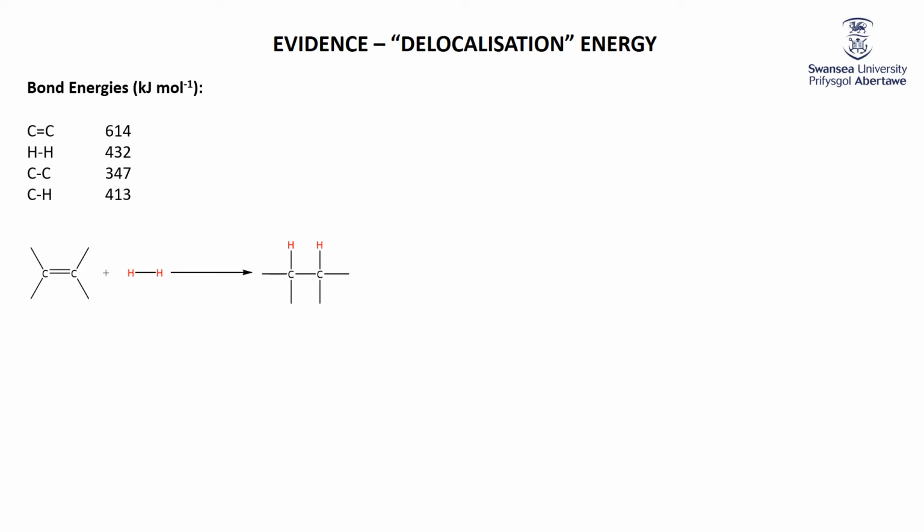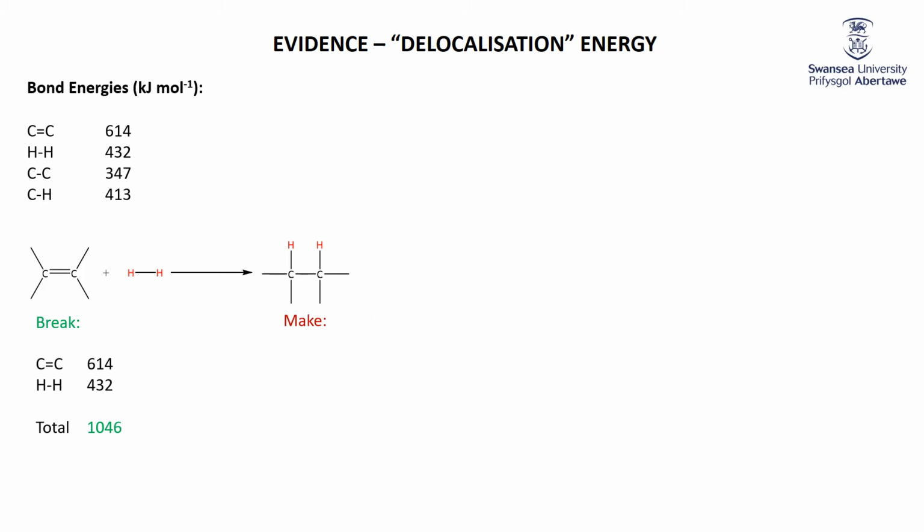Okay, so I've got the bond energies: carbon-carbon double bond, 614 kilojoules per mole, hydrogen-hydrogen bond, 432, carbon-carbon single bond, 347, and carbon-hydrogen bonds, 413. Now, if I was to do this reaction, I would have to break some bonds, and of course I'd have to make some bonds. Ones I would have to break would include the carbon-carbon double bond right there, because there's no carbon-carbon double bond over here. And I would also have to break this hydrogen-hydrogen bond because there's no hydrogen-hydrogen bond left in the products. So the total amount of energy I would need to break the bonds is 1046 kilojoules per mole of